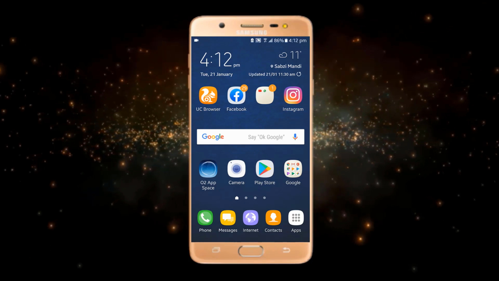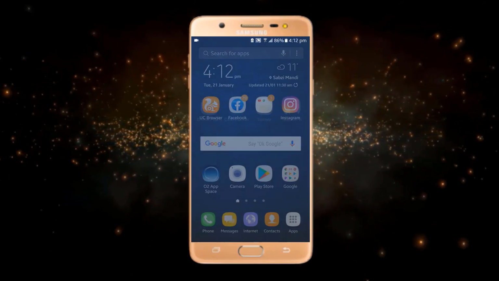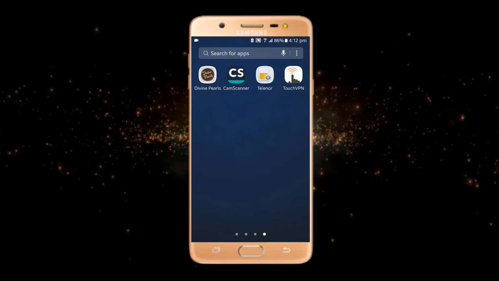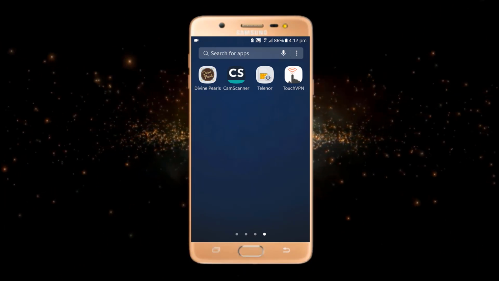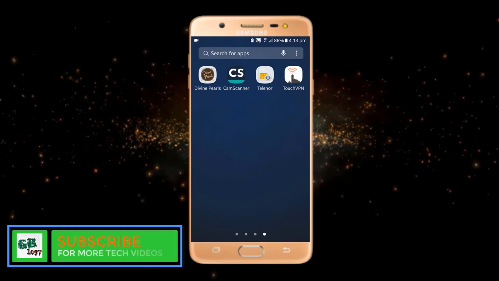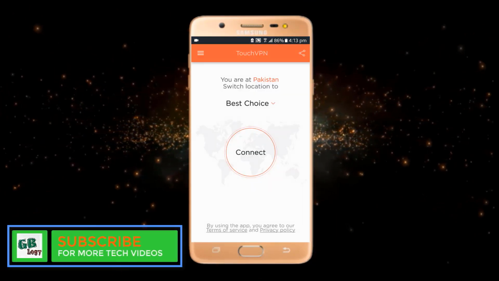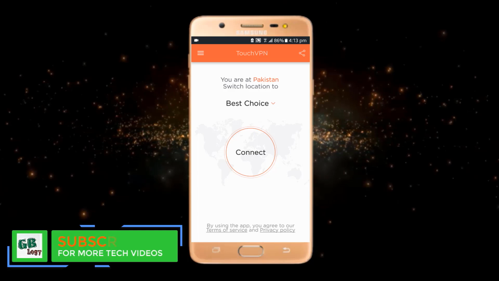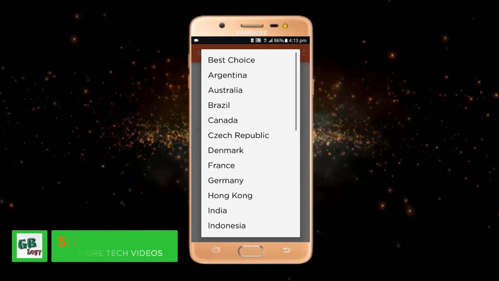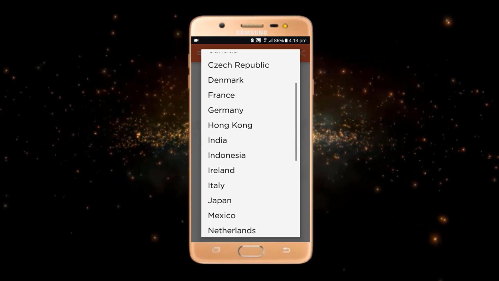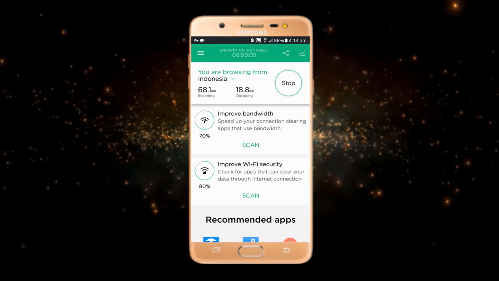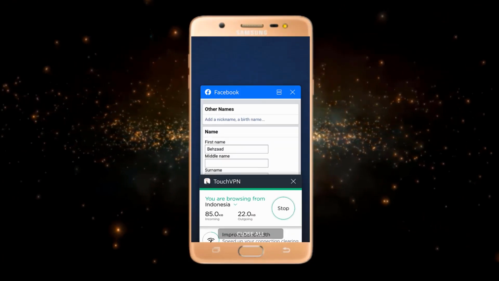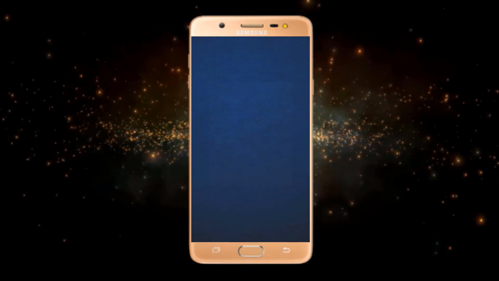Okay guys, for doing so you just have to install an app named Touch VPN. I will drop this link in the description so that you may also download this app from the link. All I have to do is open it, and from here you have to select a country. You may check different countries, but I will select Indonesia and click on connect. After connecting you just have to remove Facebook from your background